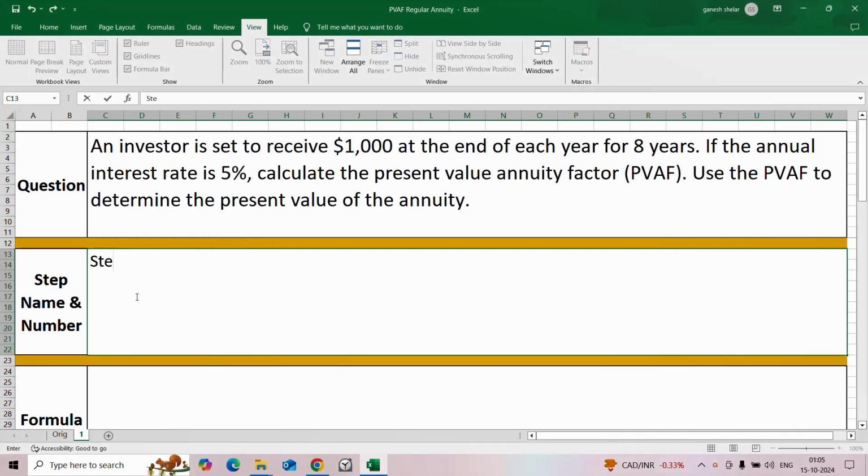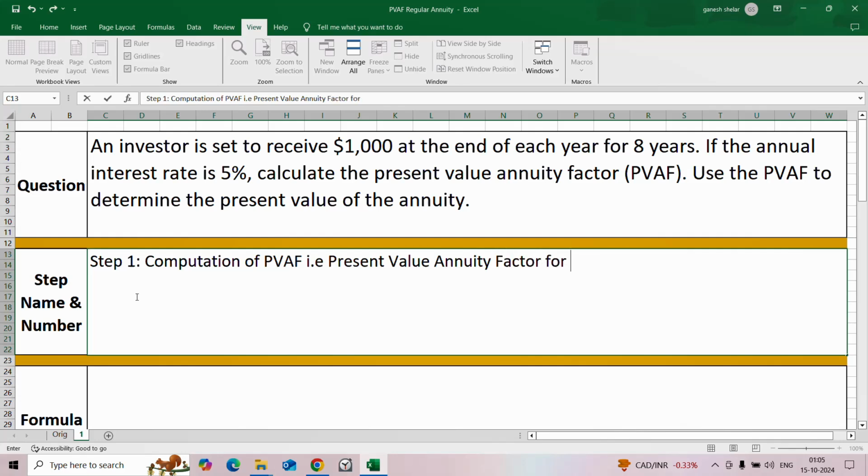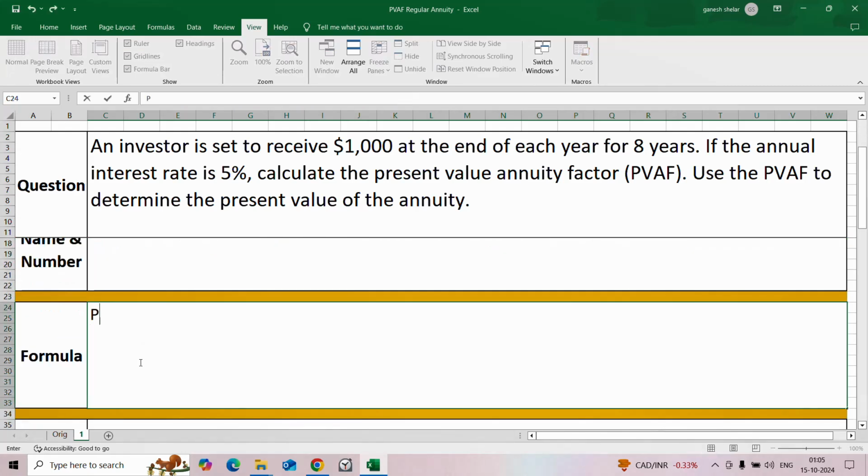Step 1 is the computation of PVAF, that is, the present value annuity factor for a regular annuity. The formula to compute PVAF for a regular annuity is